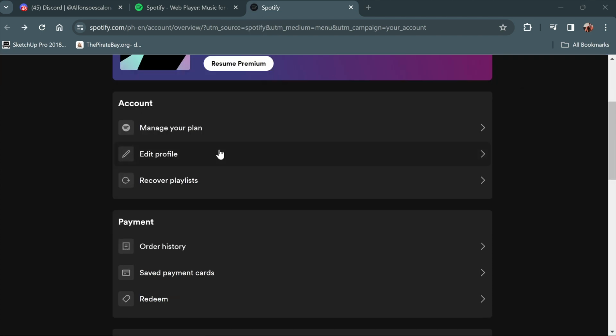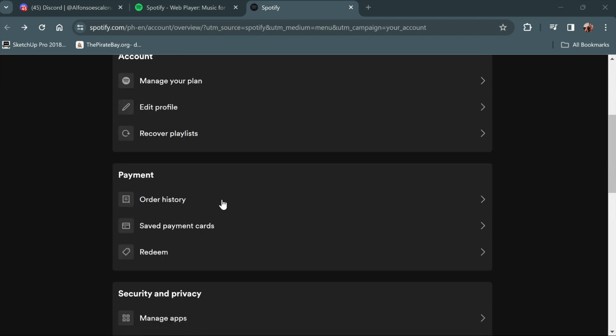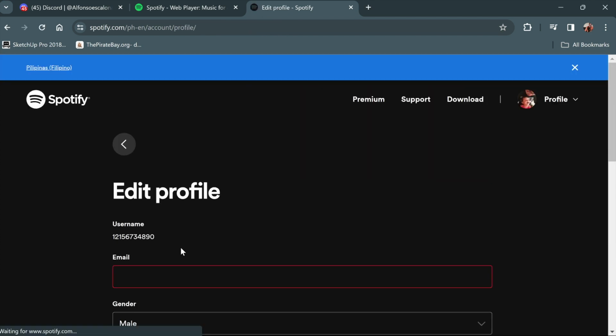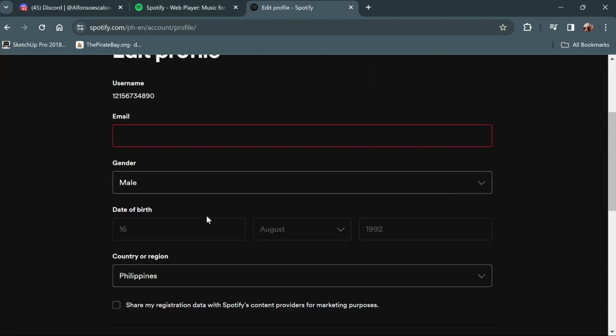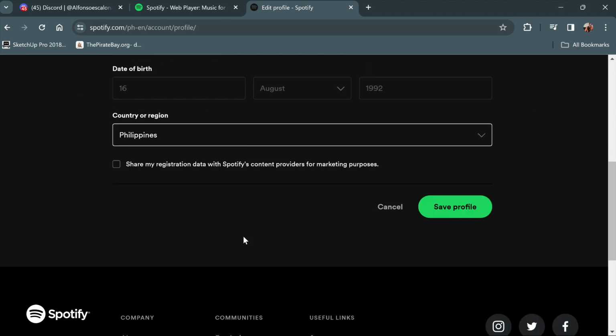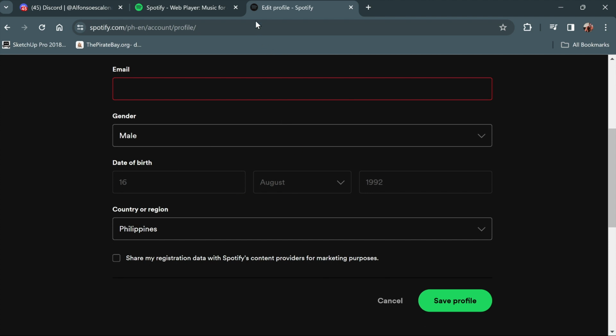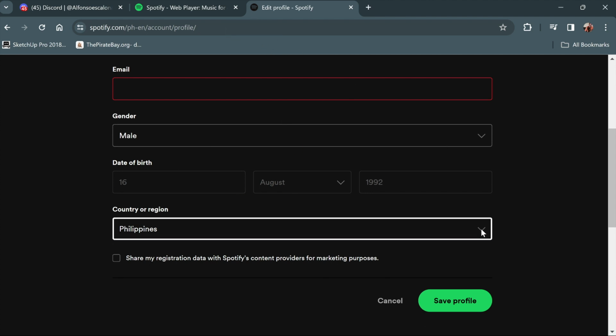If you scroll down here, you'll see your username, email, birthday, and the country. So you'll see the country that you created your account in. And if you go to edit profile, it may or may not let you change your country. If it doesn't let you change it down here, then what you need to do is go